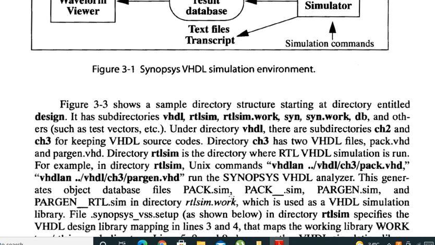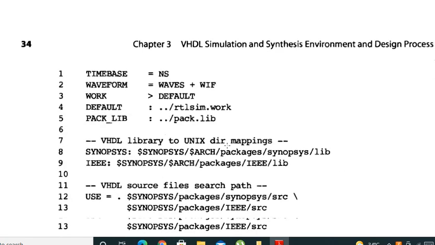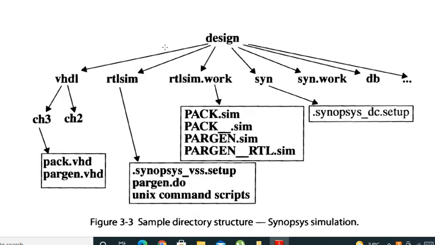We should know how these files are arranged. We'll see these files and how they are organized. This is your design. Whenever you create a design, with some design name, you get one directory with subdirectories.